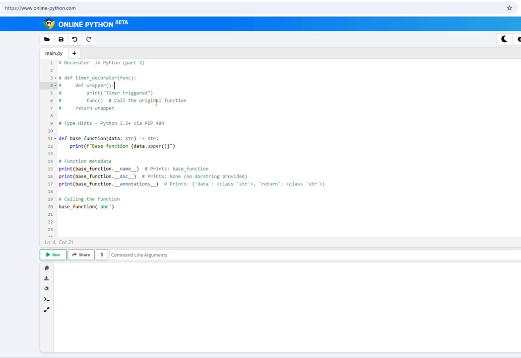In Python part 2. So let's say we have this function which gets a string and returns a string, and we are printing this function's metadata. If I say dot name, it will tell the function name, which is base function. If I say dot doc, if there is any docstring, it will provide it. I don't have any docstring, that's why it will print none, and the other things. So if I run this now,